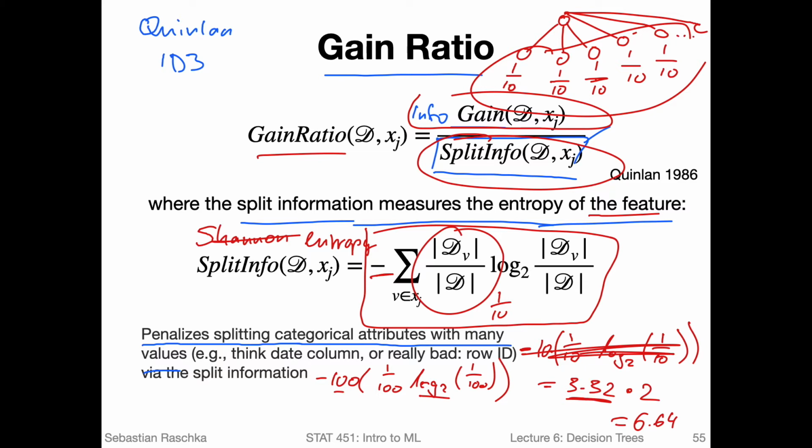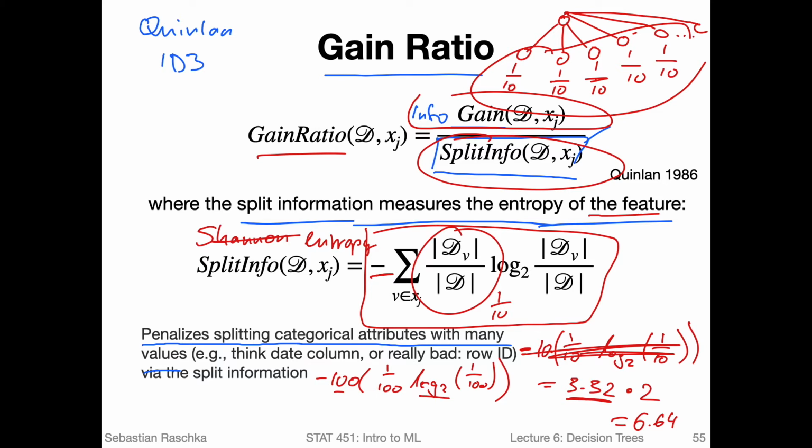If we have a column that has a lot of potential feature values and we make these very wide trees by splitting on one feature instead of taking multiple features into account when we build a decision tree to make the child nodes pure, then often using one feature over multiple features is not such a good idea, and it is more prone to overfitting. So maybe the worst case scenario that we can think of is something like a row index.